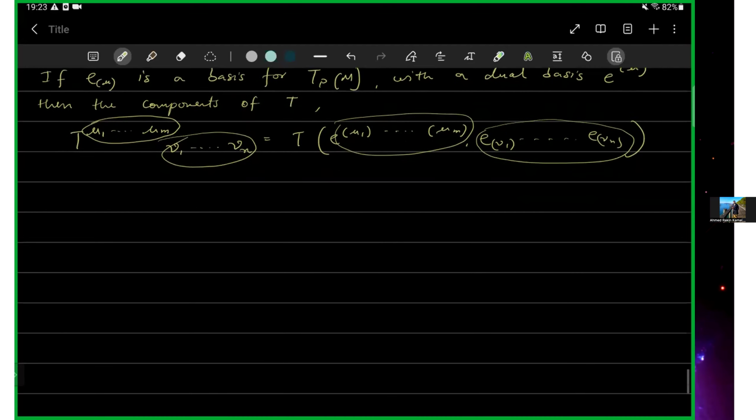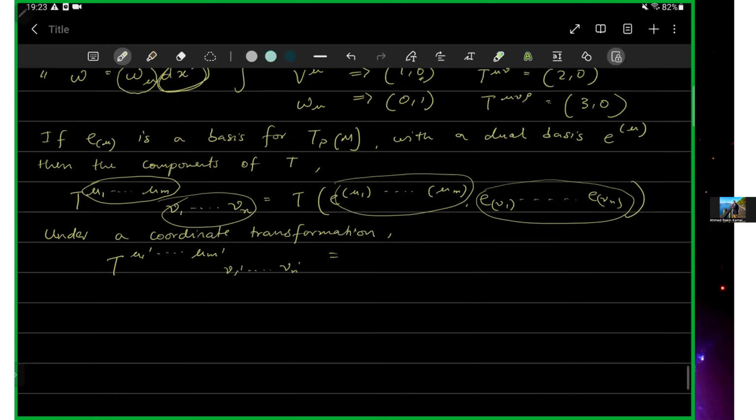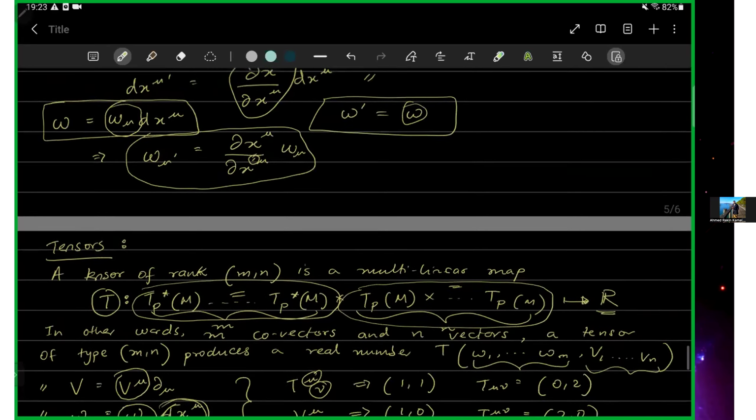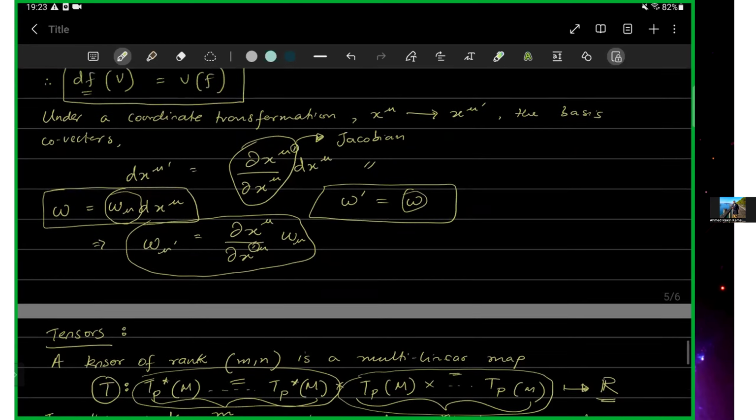So that means that under a coordinate transformation, you would expect the changed tensor to have the same properties as the transformation in vectors and covectors,